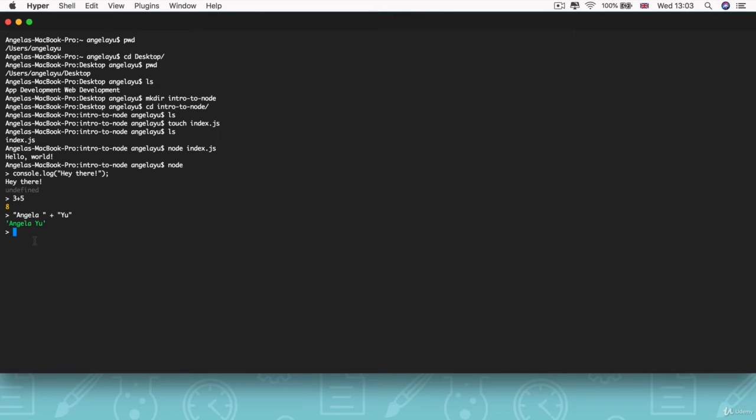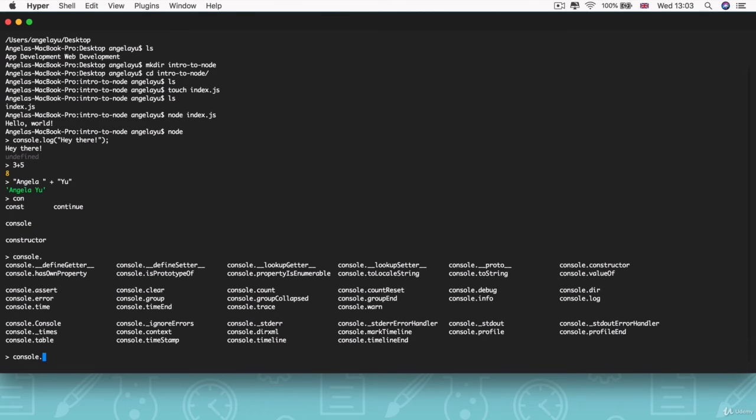And it's also got shortcuts, like for example, if we didn't feel like writing out the entirety of console.log, we can write con and hit tab, and if one tab doesn't give you any results, you can tab again, and that will give you all the possible commands that you can use at this point. So you can use console, constructor, continue. So we want console. So console, and then we can write dot,